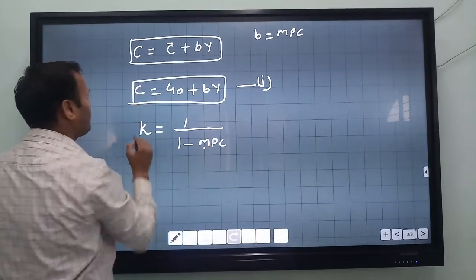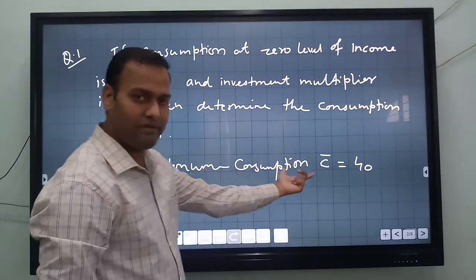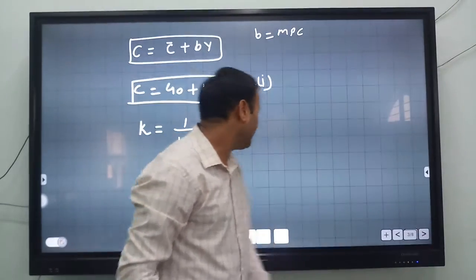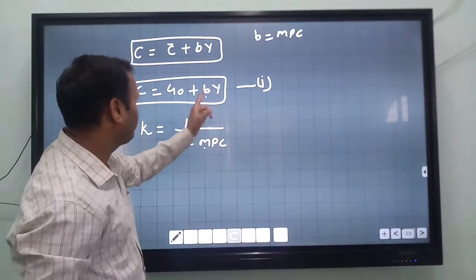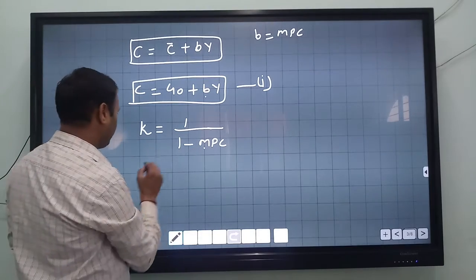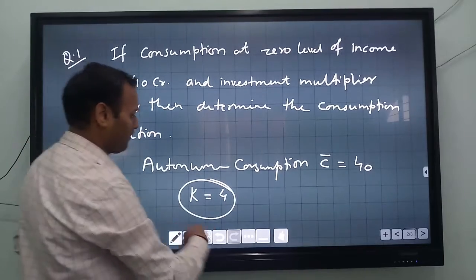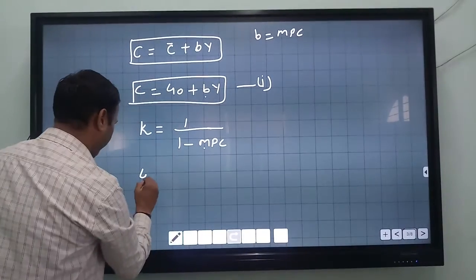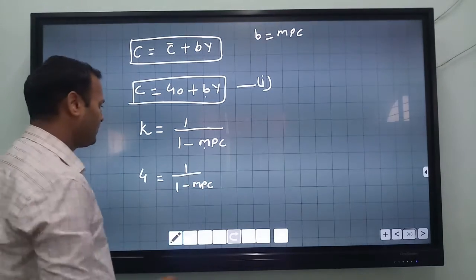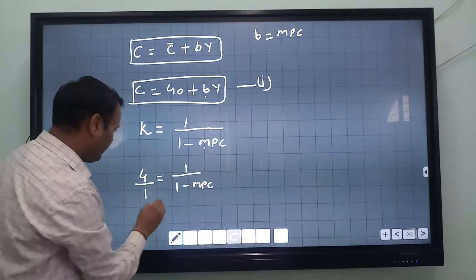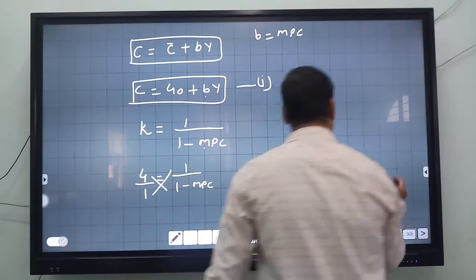C is equal to 40, because we have been given the autonomous consumption, C bar, as 40. So C is equal to 40 plus BY. So we have to calculate B. B means MPC. So just put the value of K. K we were already given, how much? That is 4. So 4 is equal to 1 upon 1 minus MPC. Okay. So what will you do? Then divide by 1 and cross multiply. Then you will get